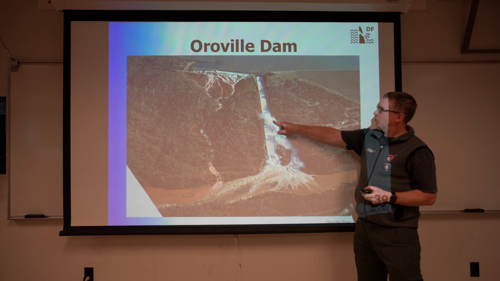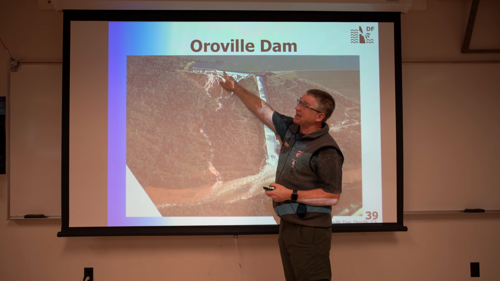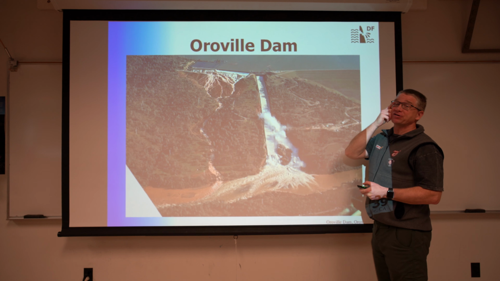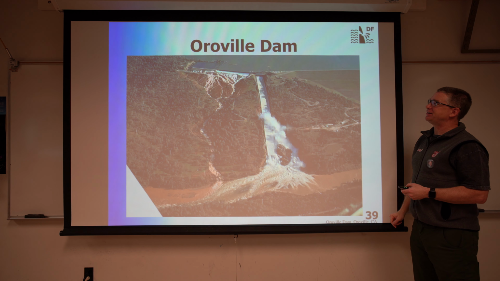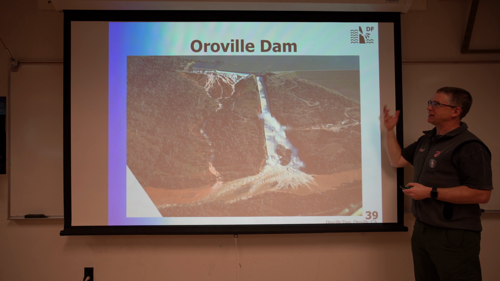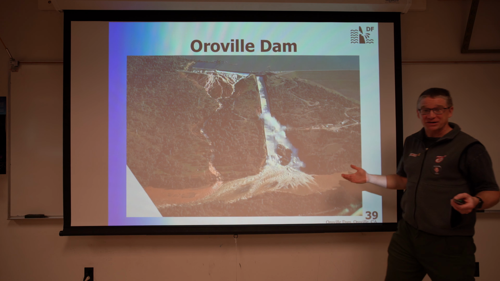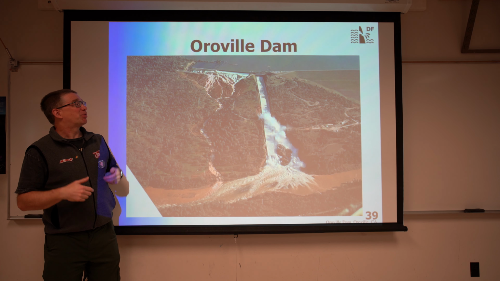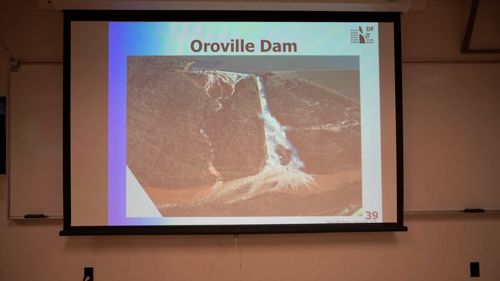You can see here water getting out of the main spillway, and then the secondary emergency spillway was also about to fail. Fortunately, it didn't fail, but it was a very tense couple of weeks as they were trying to get the water in the reservoir down to a safe level. So they've since fixed the problem, but still an interesting example of a problem, at least at a dam, not necessarily a dam failure. But let me jump ahead a little bit